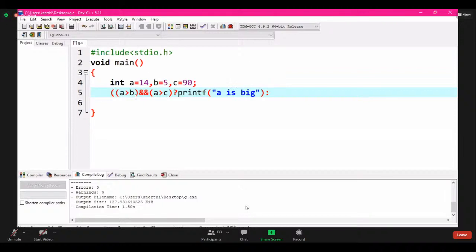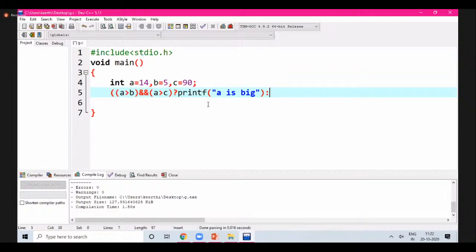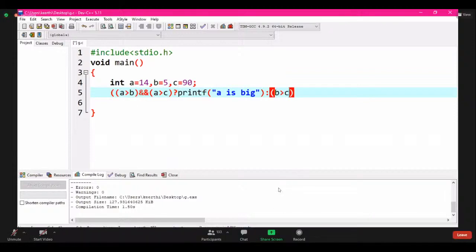Otherwise, suppose if A is greater than B and A greater than C, any of these conditions fails, then you will nest it. Now you can write B greater than C. But always observe that for any conditional operator, you'll have only three different things happening. Now suppose if B is greater than C, then you can print B. I'm not writing complete printf. You can make it your choice, how you write printf C is largest number or something. Hope everything is fine.